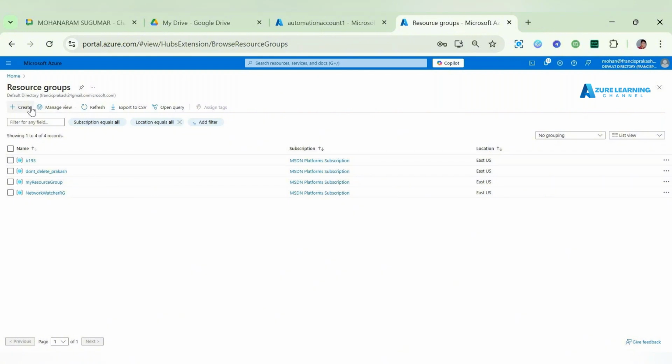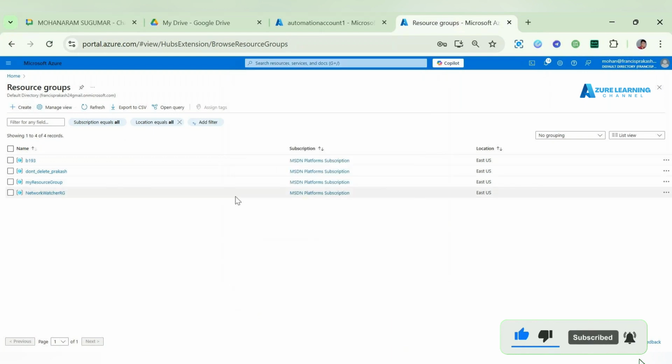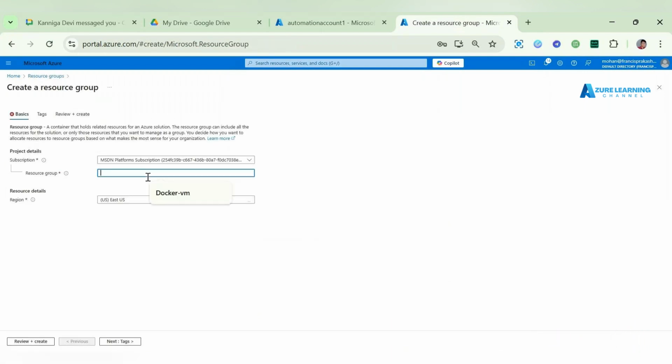To do this, we should have any one of our resources. So I'm just gonna create a VM now. It's for demo purposes, so I'm just creating a VM. If it's not comfortable, you can go with Azure Functions or any other services that you want to integrate credentials with, and you can apply it the same way. So I'm just gonna create this